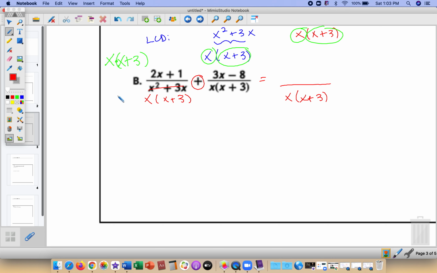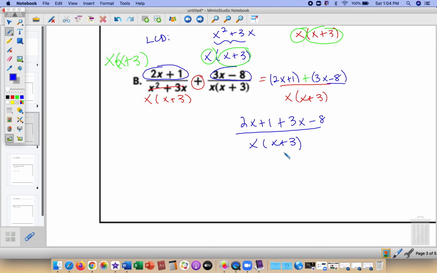Now I'm allowed to combine numerators. So I have the quantity 2x plus 1, and I'm going to do parentheses, plus the expression in the right numerator, 3x minus 8. I put it in parentheses because if this was subtraction, I would need to negate everything from the second set of parentheses. So now we have on top 2x plus 1 plus 3x minus 8 all over x times x